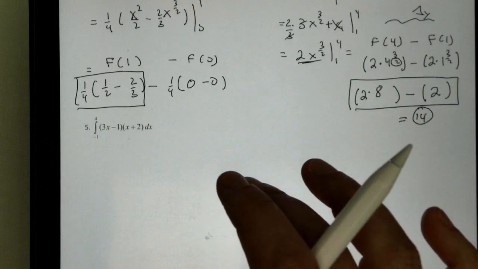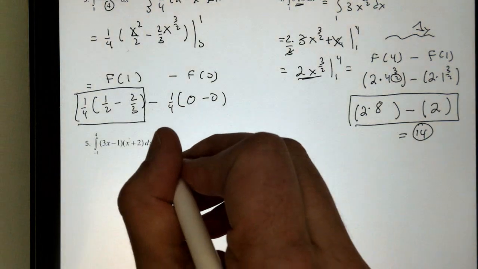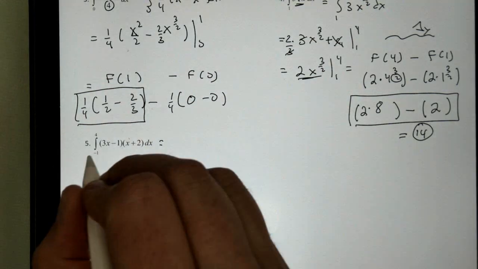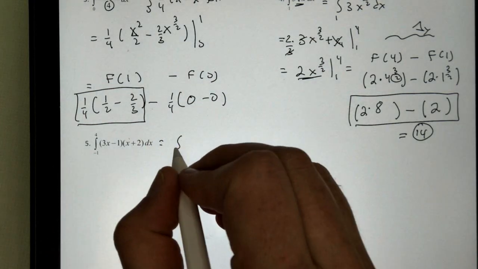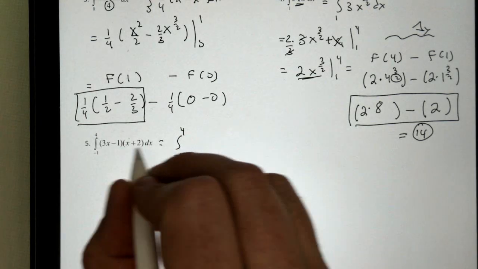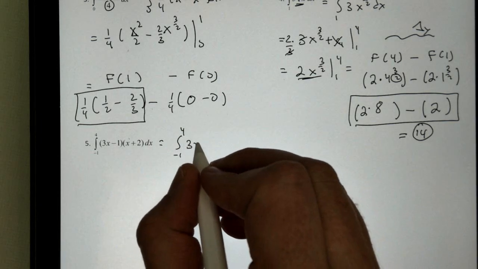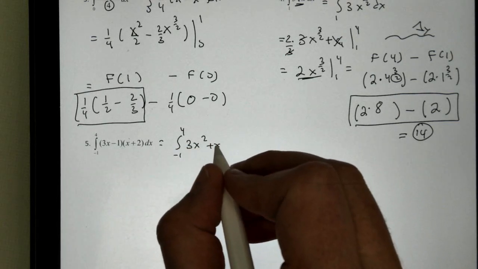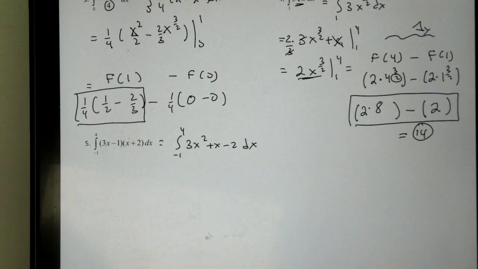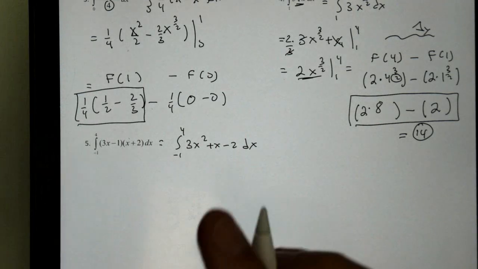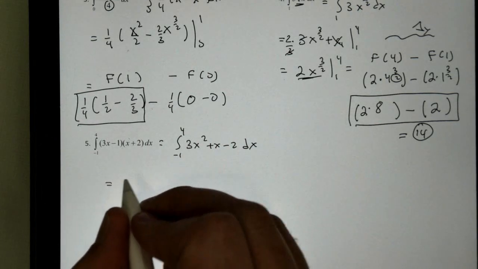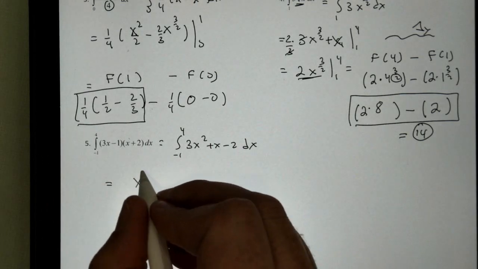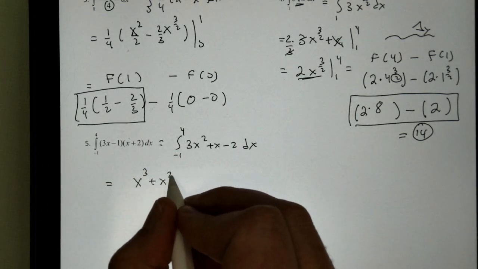For a question like number 5, remember there is no product rule. There's a chain rule. We'll talk about that in a few days. So for a problem like number 5, we are going to have to expand it. If I expand this one, this becomes 3x squared plus 3x minus 2x, so plus x minus 2 dx. So we have this parabola that we want to find the area under. So my rule says to integrate it, take the antiderivative, add 1 to the exponent,